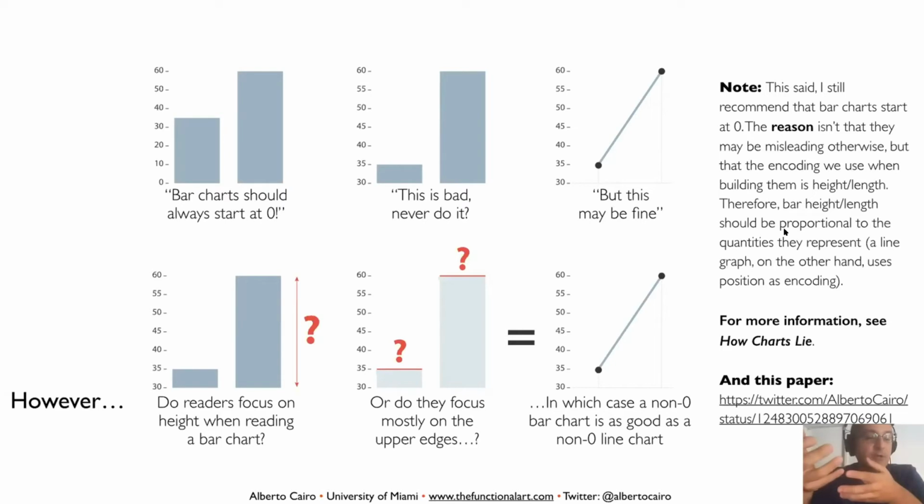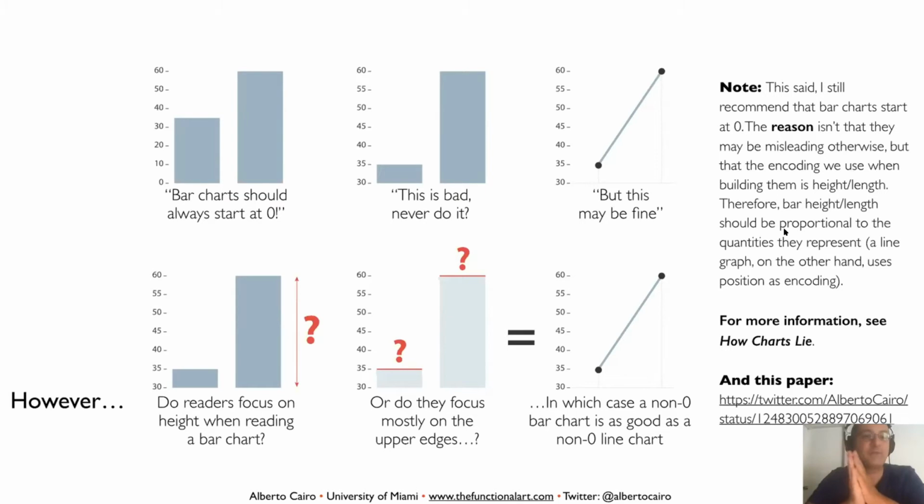The method of encoding in a bar chart is the length, right? That's how bar charts are created, right? The length measured from a common 0 scale. Therefore, out of logic, if you truncate the axis of a bar chart, that goes against the logic of the bar chart. It breaks how the bar chart is actually created, right?